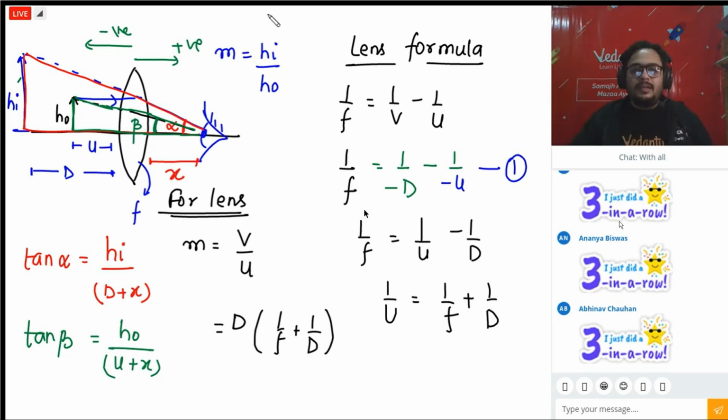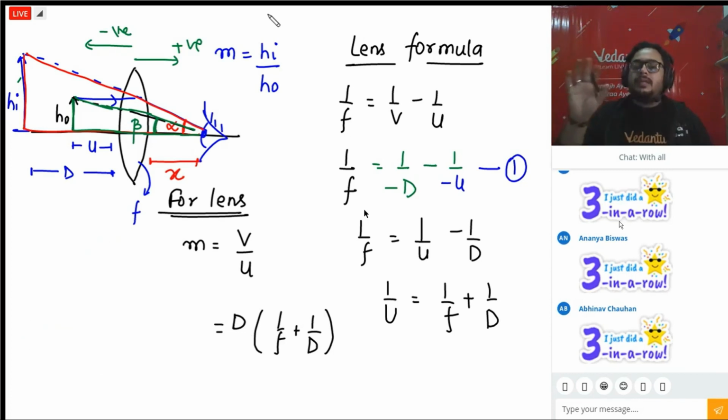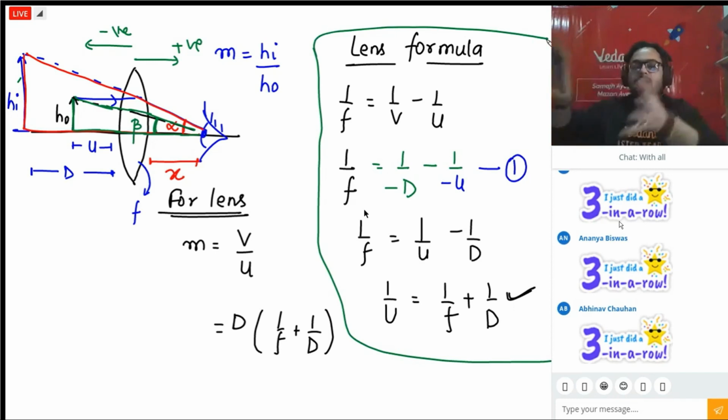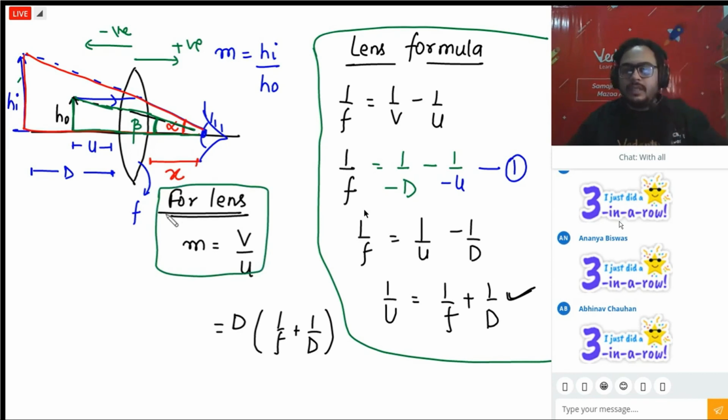This is not necessary. Ananya, look at this. This is not even necessary. Look at it here. You understood till here? Is everyone understanding what I have done here? This thing, the green portion. Can you see this portion? And do you know the formula for a concave lens or for any lens? The magnification formula is position of image by position of object.